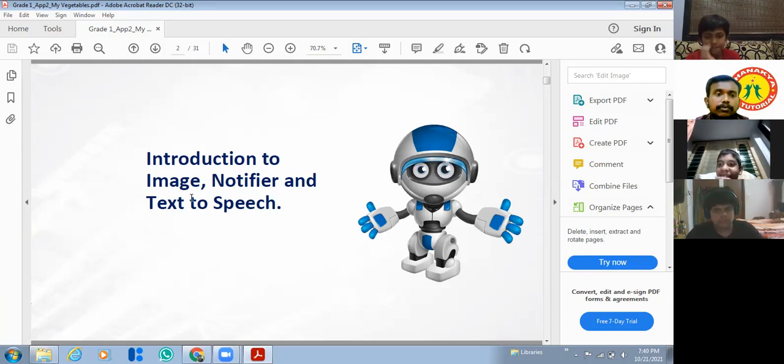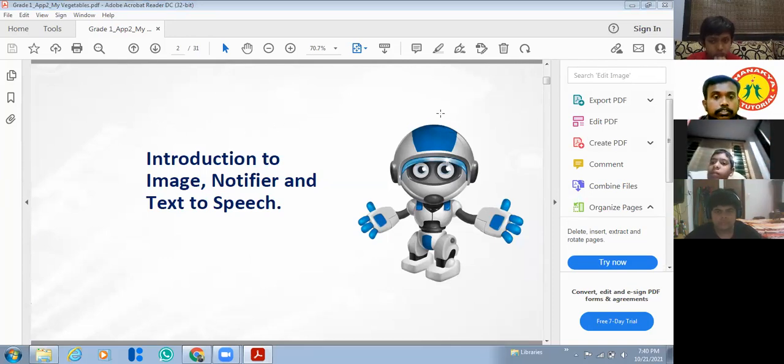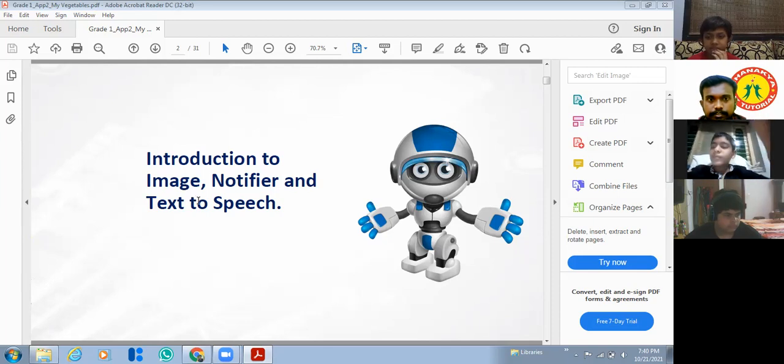So these are some components in App Inventor. Image, you know it, right? When you see an app, an image will be showing. So that is an image. And a notifier is nothing but when you see your app, some pop-up message will be shown, right? Suppose when it's time to shut down your computer, one notifier will be showing, or your battery is very low, one message will be showing. So that is called the notifier, the alert message. Yes, Krishna Aditya, for messages also notifications will come. That is a notifier.